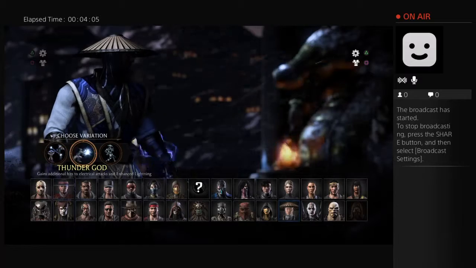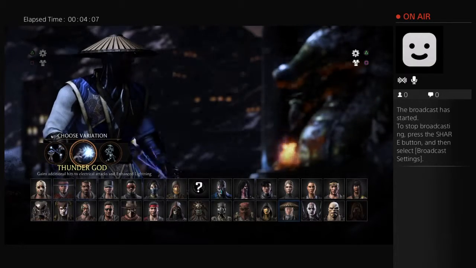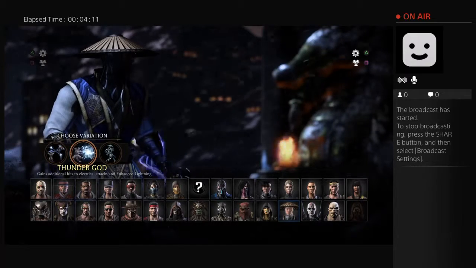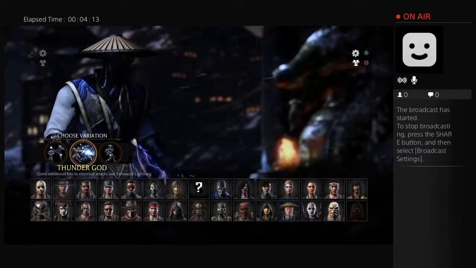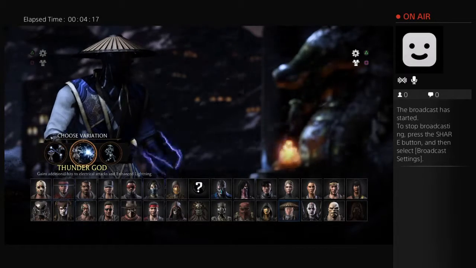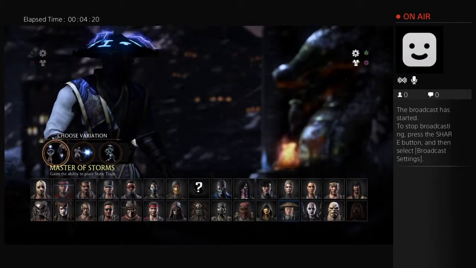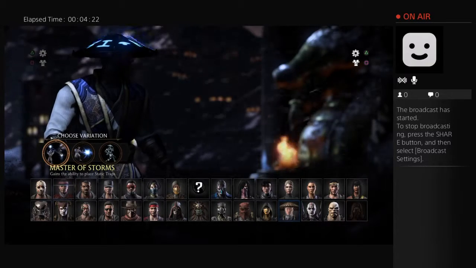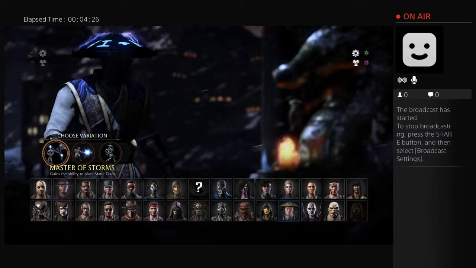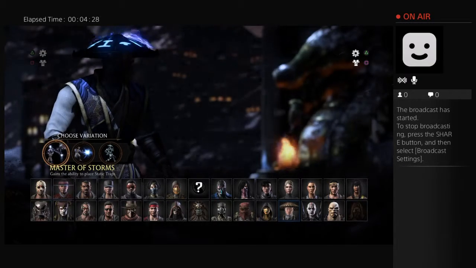Thunder God gains additional hits of electricity attacks and enhanced lightning. Think of it like he can do a setup, like combos. He can knock you into an electric ball, then knock you into another one. That seems a little hard to do. You would have to really play with the character to figure that out. Master of Storms. Oh, it's pretty much the same thing, but as you can tell in that little corner, you can electrocute somebody. Wow, that just looks...